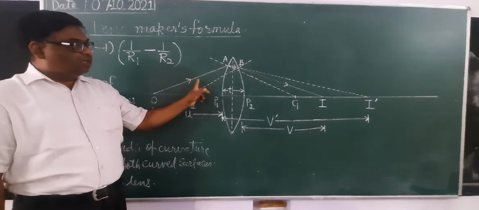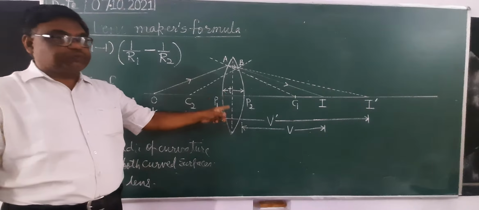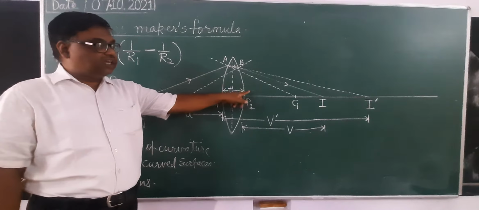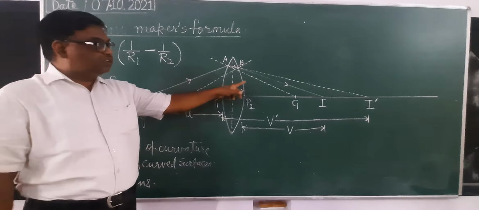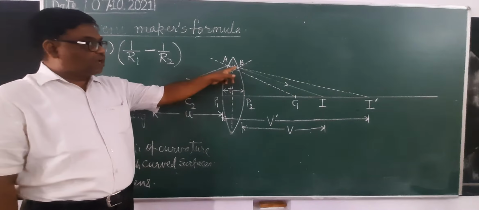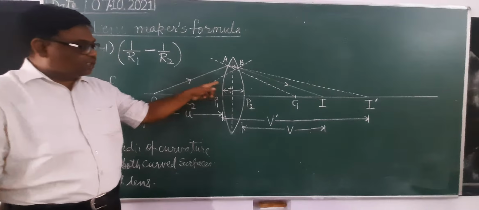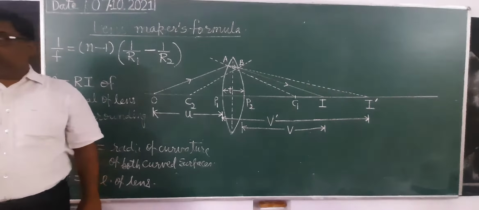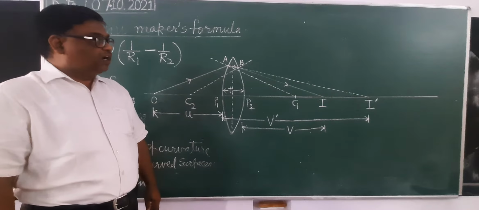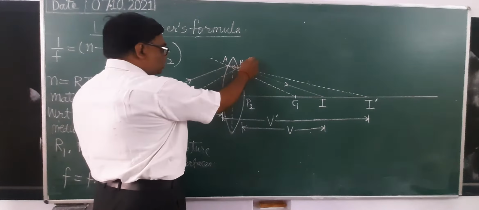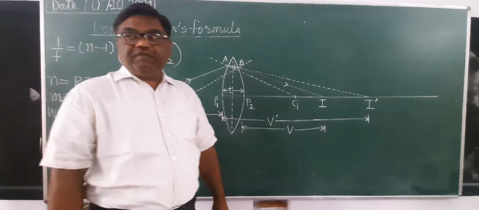at the left refracting surface. But because of the right refracting surface, once again there will be refraction, and at which interface? The glass-air interface. Here it is going from denser to rarer. What will be the normal at point B? You join point B with the center of curvature of the right refracting surface, that is C. Now since it is going from glass to air, it will bend away from the normal. This dotted line is the normal, so it will bend away from the normal and meet at the point I, which will be the final image.